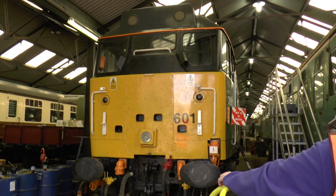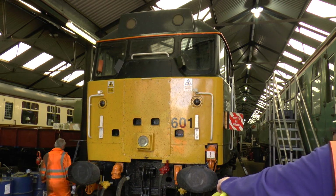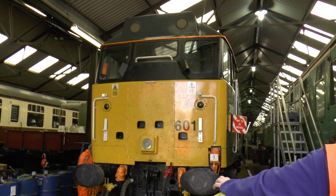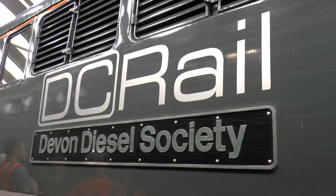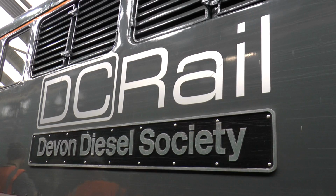Which is why it's not to be moved. I think it's only 8 weeks, so it's not very much longer. It's about a month now. The wheelsets have already been taken off and sandblasted and are being